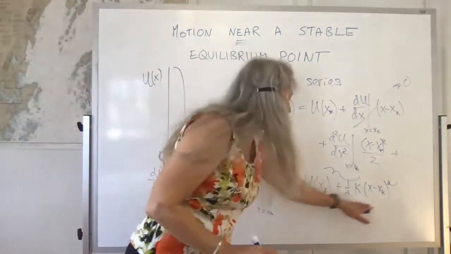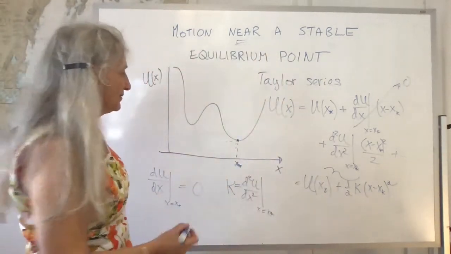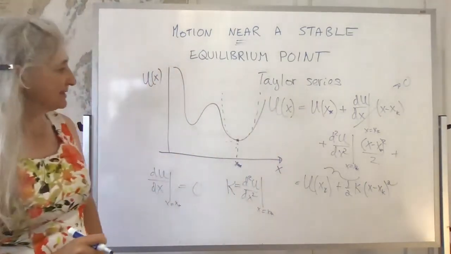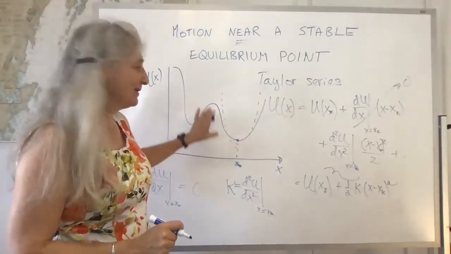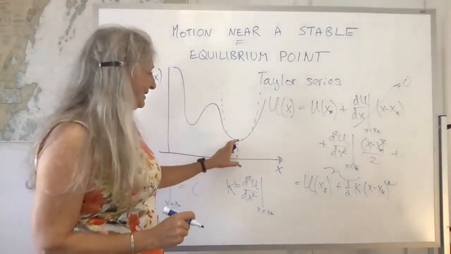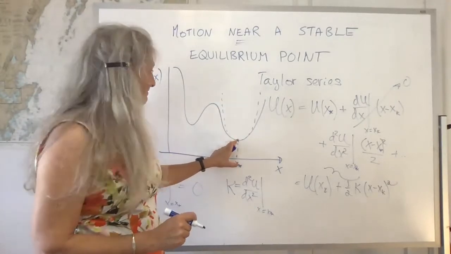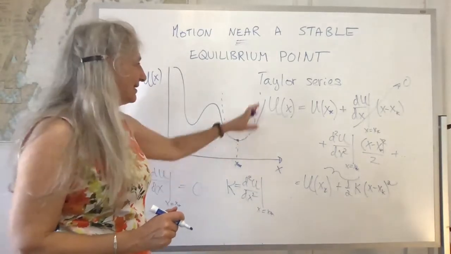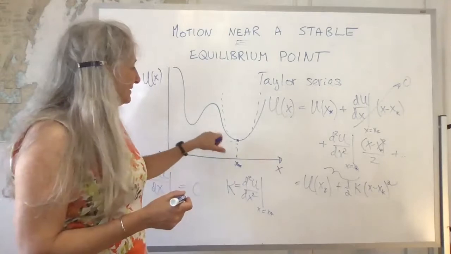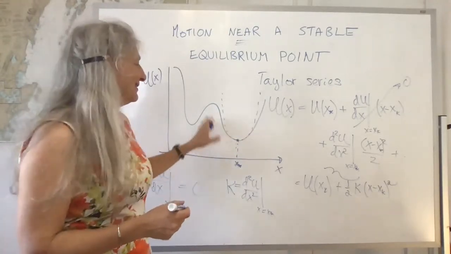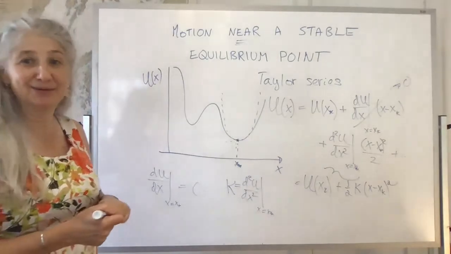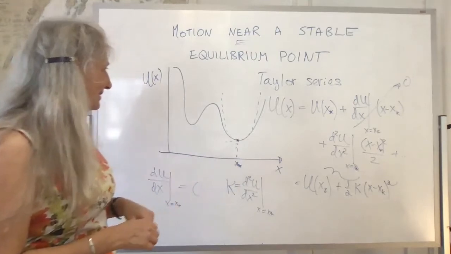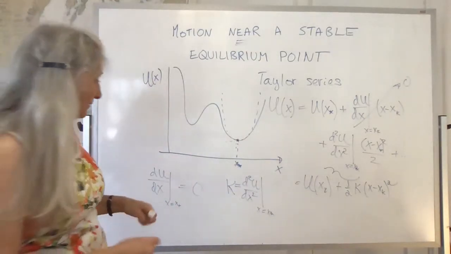So look at the form of this. It's a constant plus a quadratic term. So really what we've done by assuming a second order expansion is that we put a parabola that hugs the curve and goes through the equilibrium point. So it's like we're only taking into account the quadratic part of the curve. You would get a closer approximation if you took it to cubic and quartic terms as a function of distance away from the equilibrium point. Okay, so what's